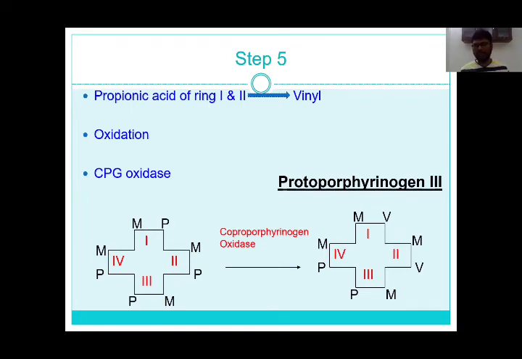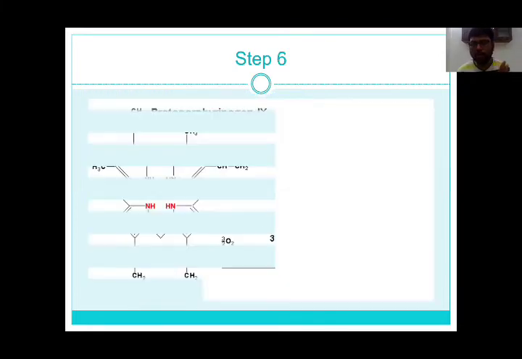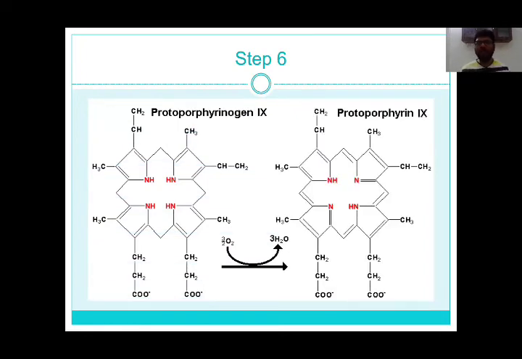Got it? Next, we don't want protoporphyrinogen. What we need is protoporphyrin. So how to convert protoporphyrinogen to protoporphyrin? By converting the methylene bridges to methenyl bridges, that is, converting the CH2 bridges to CH bridges. How to convert CH2 to CH? Again, the same removal of hydrogen, which is called oxidation. And the enzyme is the same kind of oxidase, but here we call it protoporphyrinogen oxidase.